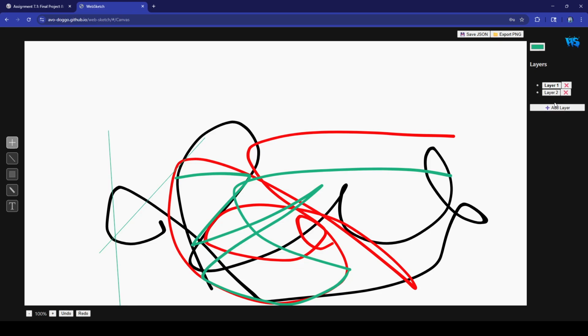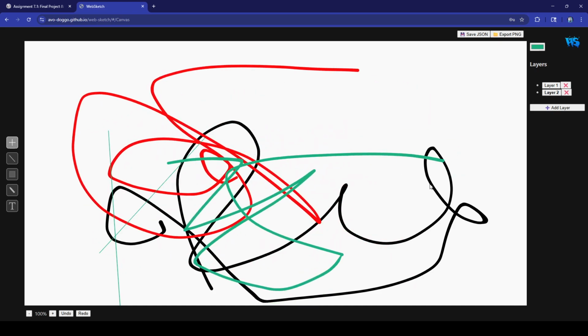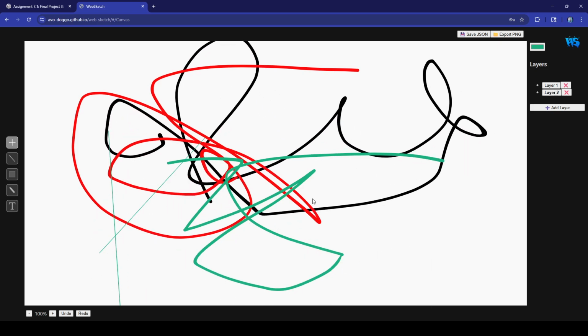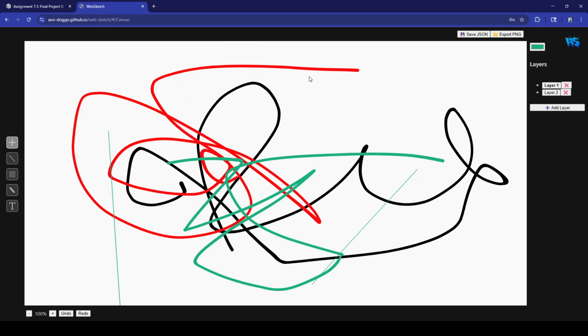There is a layer system. It doesn't fully function yet. The different strokes are tied to the layers. It's just a matter of getting it so that when you're on a certain layer, it won't affect the strokes on the other layers. And you can delete the layers. And then you can also save